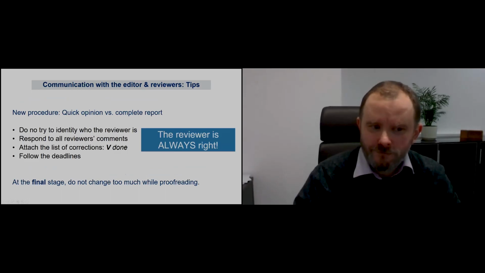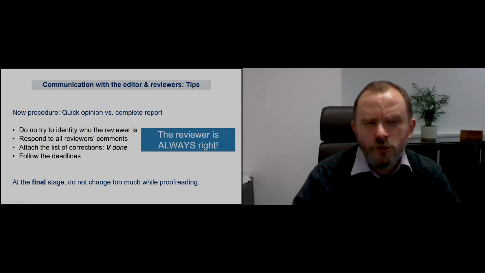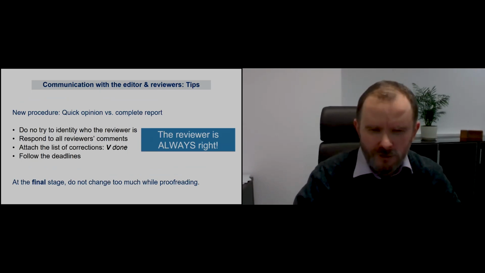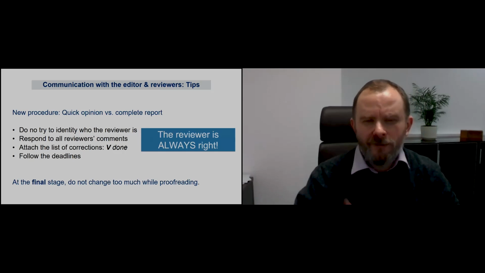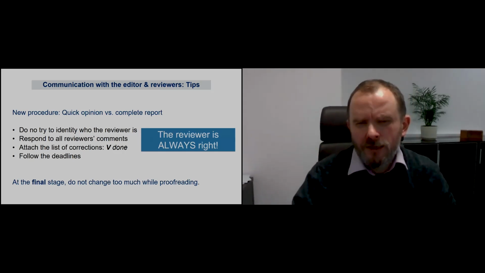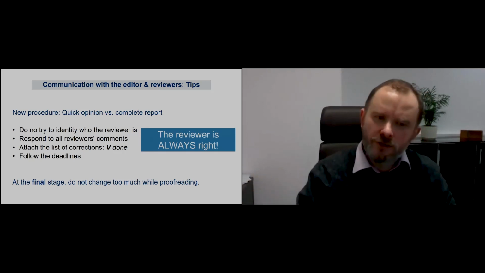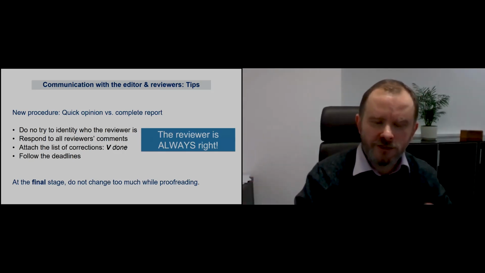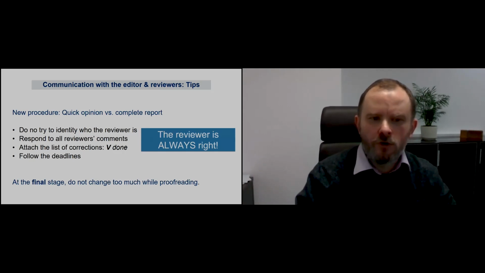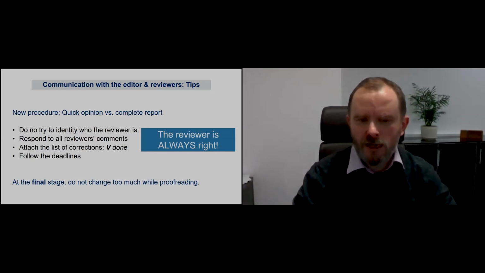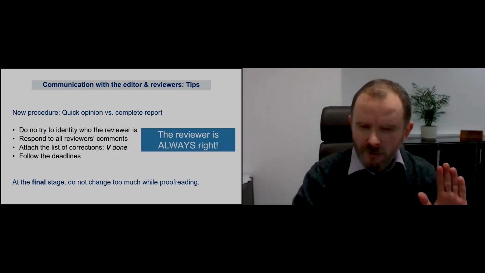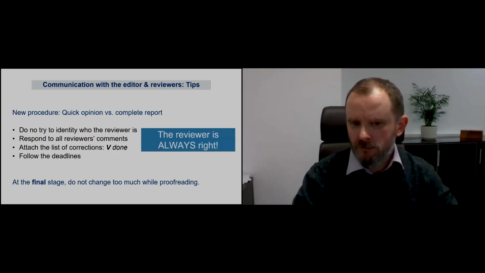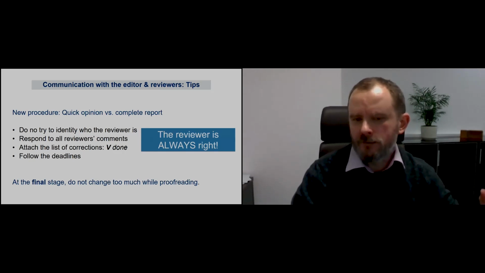Okay, please, next slide. Now, some information which is relatively new about the procedure. Mathematical journals are not computer science journals, they are not so quick, but they are thinking how to speed up this process. One decision is the so-called quick opinion. Say, the editor received your submission, and he sent it to several specialists in this area just for a short opinion. They don't ask for a complete report. They just ask, is it reasonable to consider this paper for publication in Annals of Mathematics, say, or in Acta Mathematica?